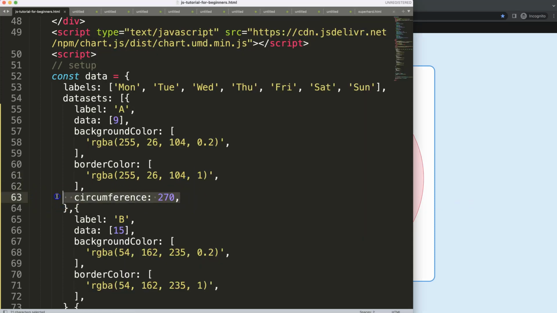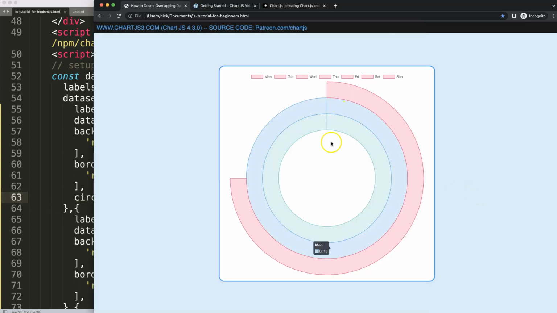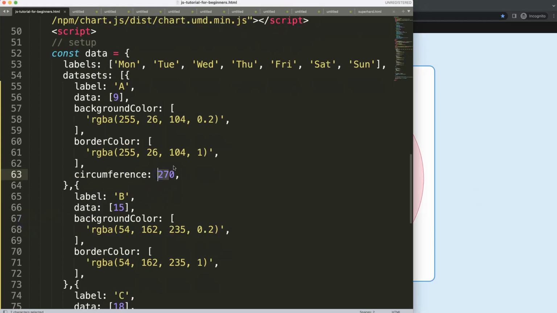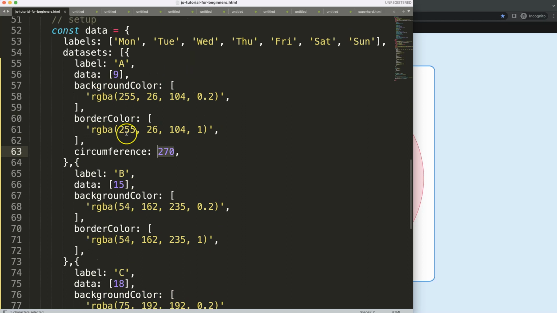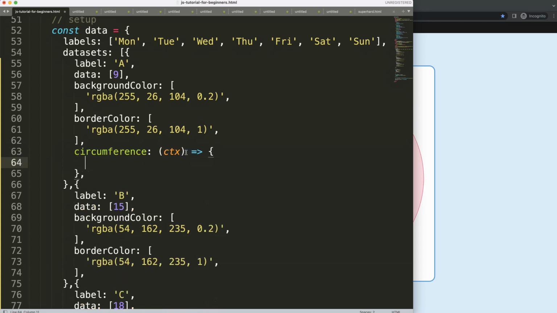However, this is all nice, but I don't want to do it like that. The reason for this is I want to apply all of these depending on the value, but based on the highest value we'll get the full circle, and the lowest value will have a relative circle based on that, or the amount of degrees or angles of turning. Anyway, to do that, we're going to use a callback functionality. This circumference option is scriptable. So we can say here a callback functionality, and in here I'm going to say console log, and then